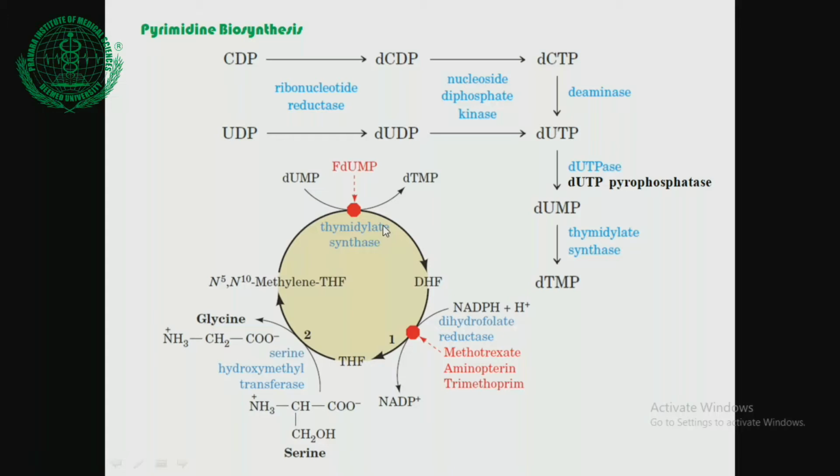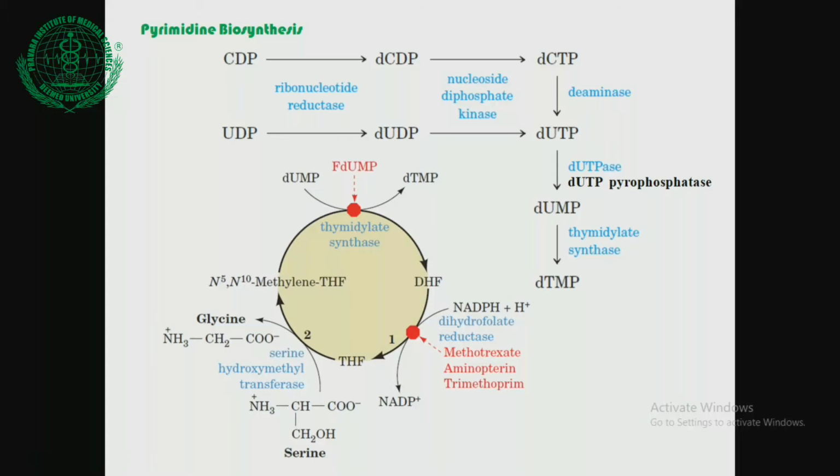This permanent, irreversible blockage of thymidylate synthase stops the conversion of deoxyuridine monophosphate into thymidine monophosphate, and this further hampers the DNA synthesis process of rapidly dividing